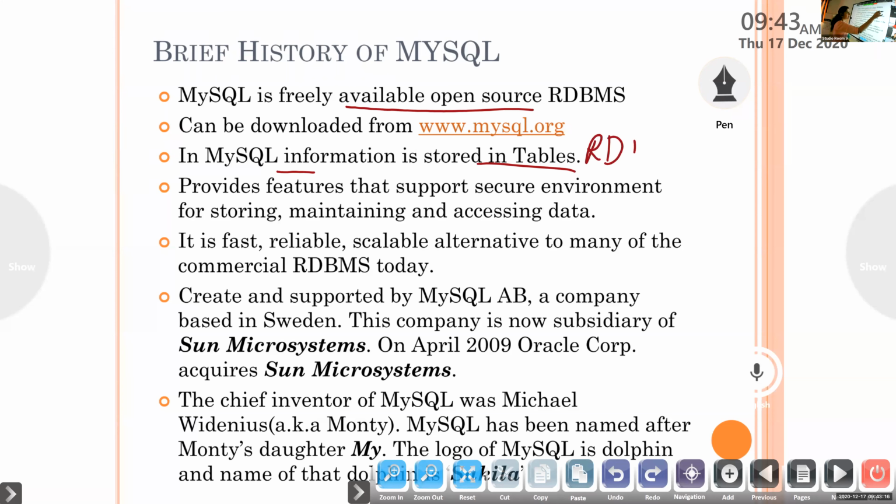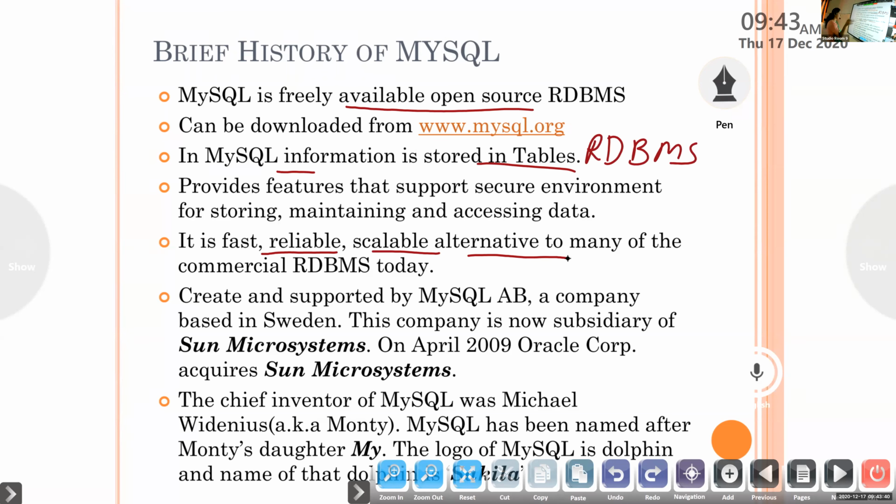MySQL is freely available as an open source, and data is stored in tables. That means it's an RDBMS. It's a fast, reliable, scalable alternative, so you can do any operations like a normal paid software, SQL Server, etc. Microsoft products. It is equally competent software.